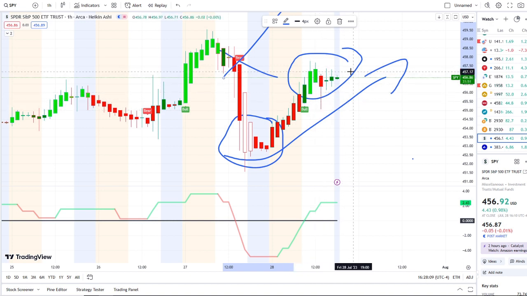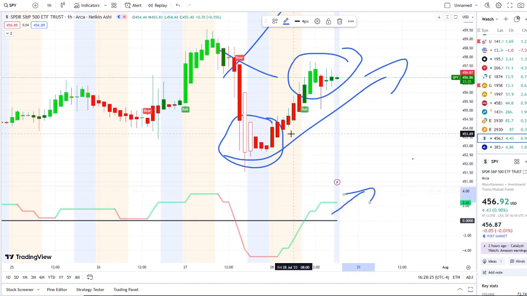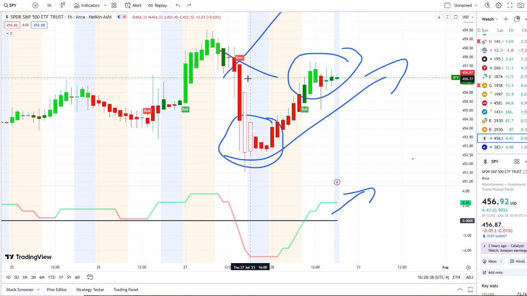Here in the after hours, it is trying to fight to get back over 457, right? It's at 456.87 right now in the post market. Now, here we are with inflows at 2.43 and above the midpoint, and this needs to continue to go higher to justify any further strength to the upside and the strength of this bull indicator, because if it starts heading back down, it could quickly start to reflect that weakness into these charts, just like it did yesterday, followed by a bear indicator and outflow crossover, and look how quickly things drop. Now, not guaranteed to make the same exact move, but definitely something to not ignore.